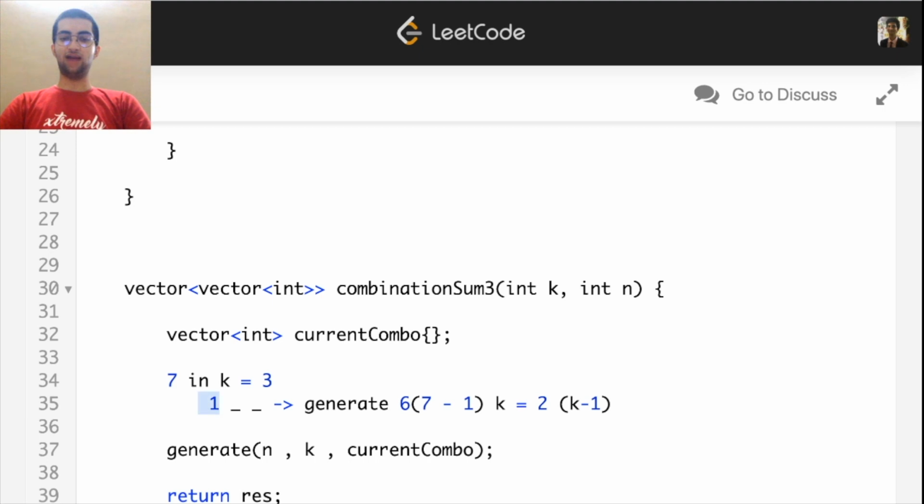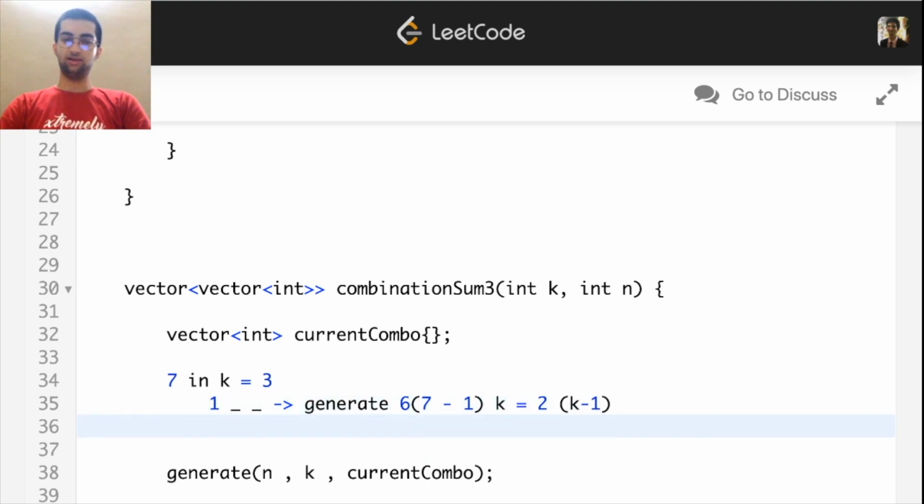Now I finished generating this. So let's say I finish this function call. I need to go back. And again in this main function I need to call it with 2, right? So generate 5, sorry, to generate 5, 7 minus 2, with k equals 2 digits remaining.